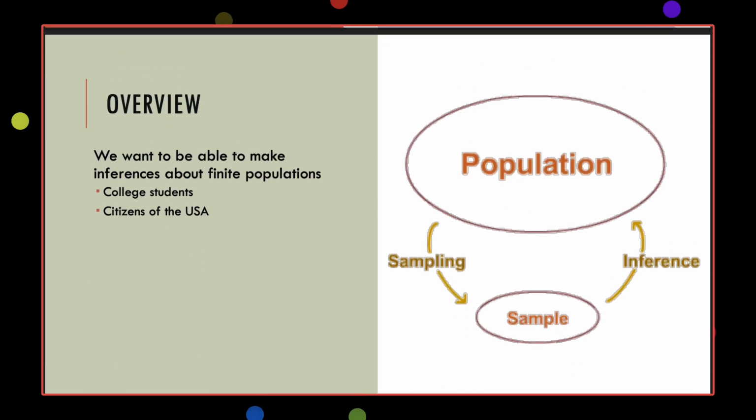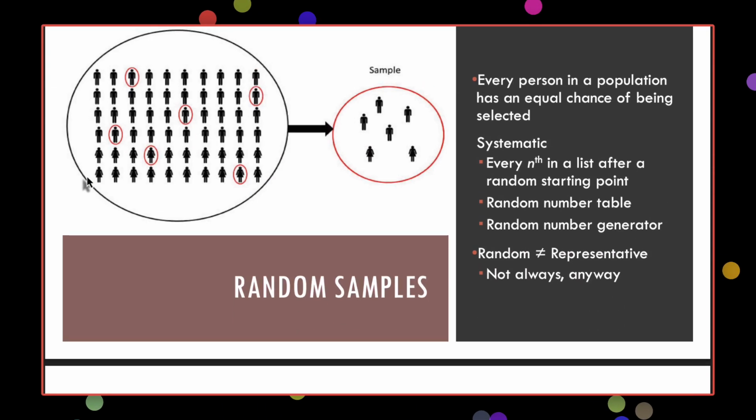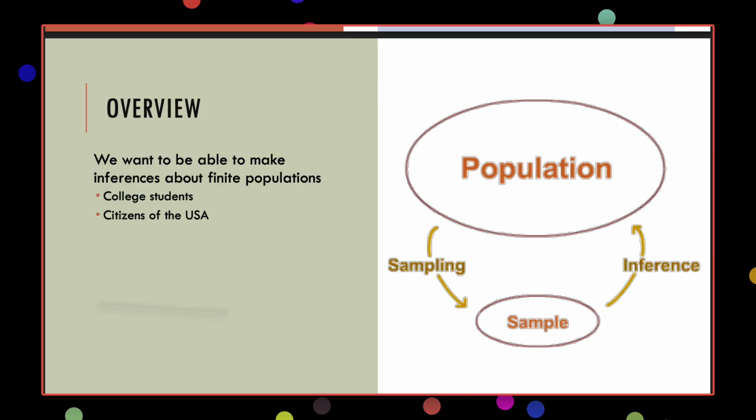So here's the fundamental goal. We want to make inferences from small groups back to larger groups. It's like reverse engineering. We study the part to understand the whole. So this process forms what we call the statistical model. You sample, you analyze, you infer back to the population. That's the statistical model.